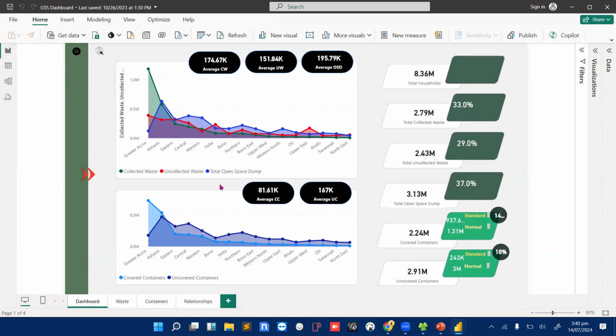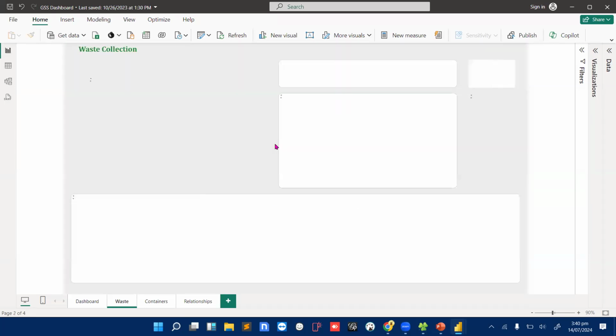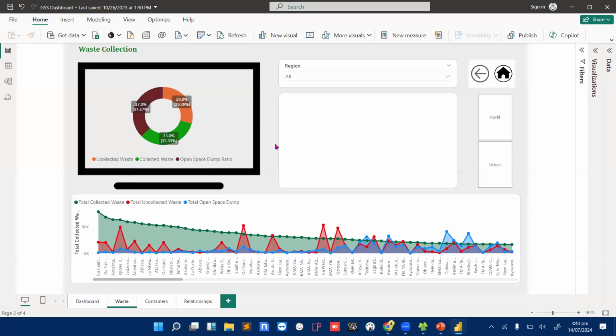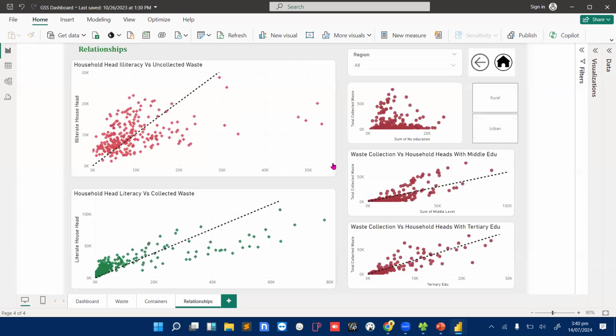If you want to get the details, of course, I have them in a menu over here. If I'm interested in the waste, I can just select this one and it opens the details of the waste for me. Do you understand that? If I want to go back, I can just come here and say that I'm interested in correlation analysis. Then it brings me here to see the correlation between all of these.